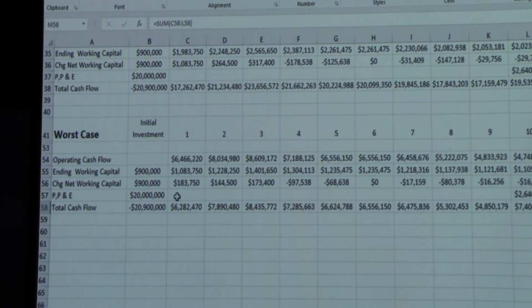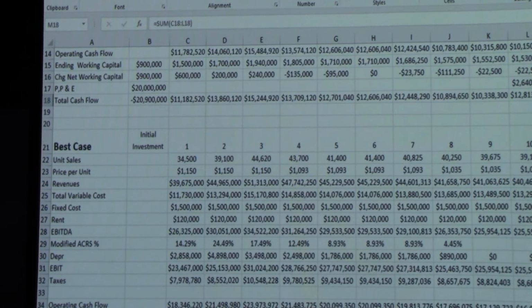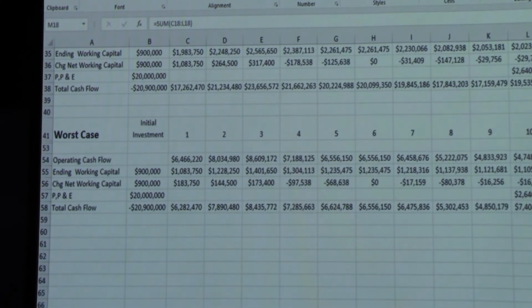Now introducing time value of money will change that, because remember, these cash flows out here are worth far less than these cash flows up here. So once we introduce time value of money, this number will go way down, and so will this number, and so will this number, okay? All right, so